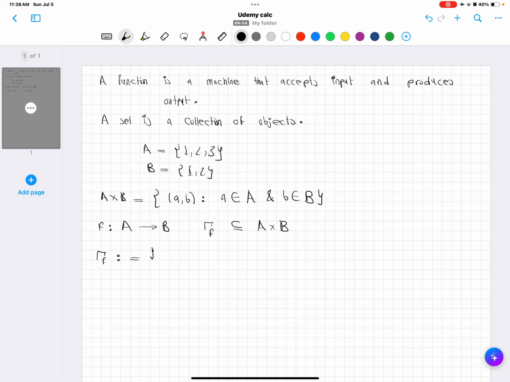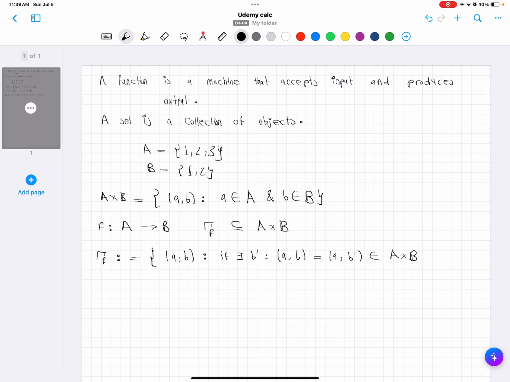It's the elements (a, b) such that, if there exists b prime for which (a, b) and (a, b prime) are in A cross B,